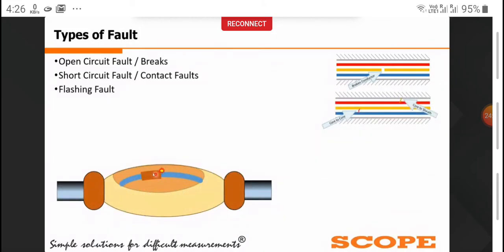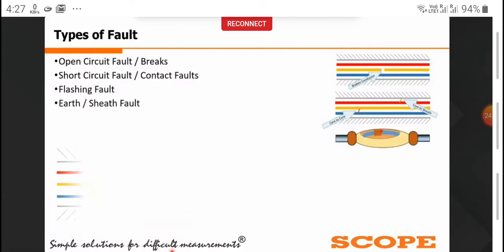Next one is flashing fault. As I explained earlier, if proper care is not taken at the time of preparing, here you can see the weak points, meaning the contacts are not made properly. Due to these weak points, after a particular level of voltage is applied to the cable, this type of flashing occurs in the cable, and this small flashing or discharge in the cable causes damage to the insulation of the cable, or may weaken the joints, and after that this type of fault results in the failure of the cable.